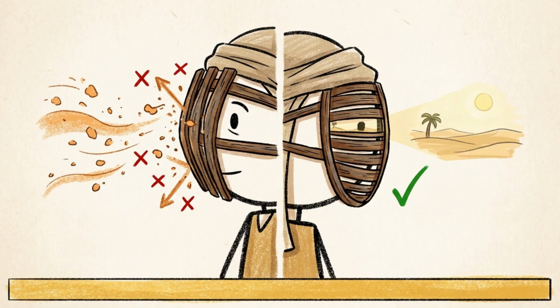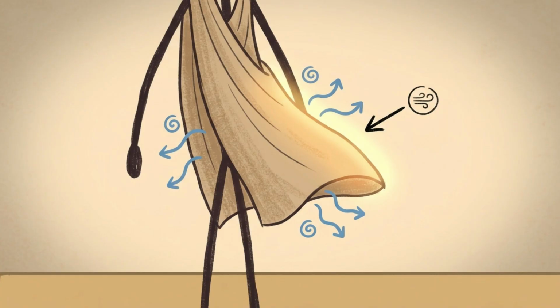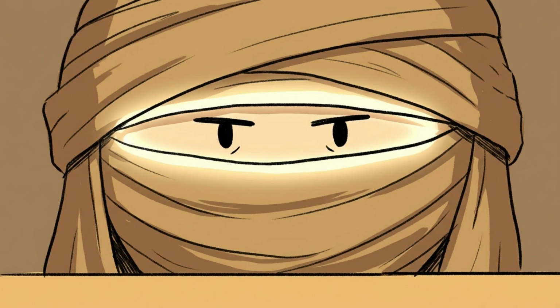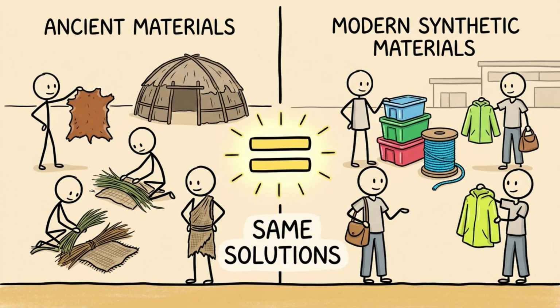Eye coverings made from thin strips of material with tiny gaps that allowed limited vision while blocking most sand particles. Researchers studying ancient Egyptian, Arabian, and Saharan cultures found that desert clothing developed thousands of years ago shares almost identical design principles with modern protective gear used in desert environments today. The loose wrap, the full body coverage. The face is covered with eye protection. Ancient humans arrived at the same solutions modern engineers did, just using animal skin, plant fiber, and woven cloth instead